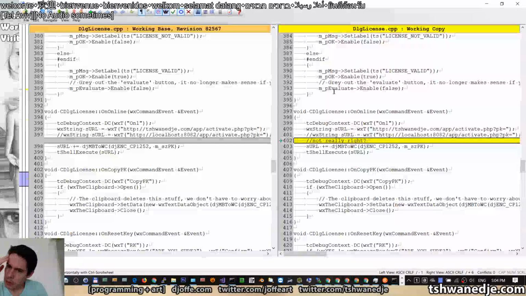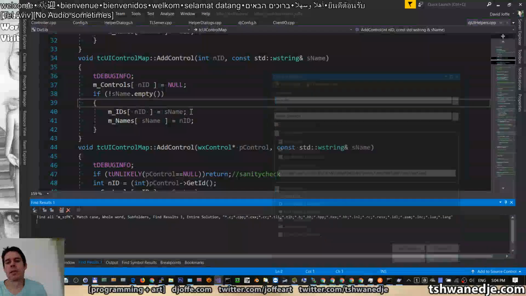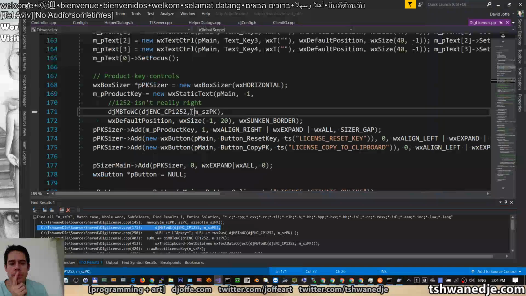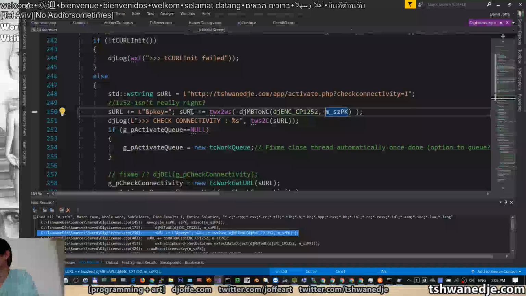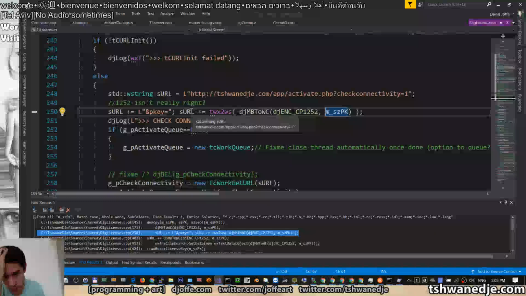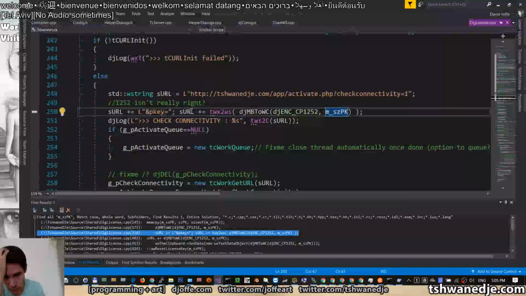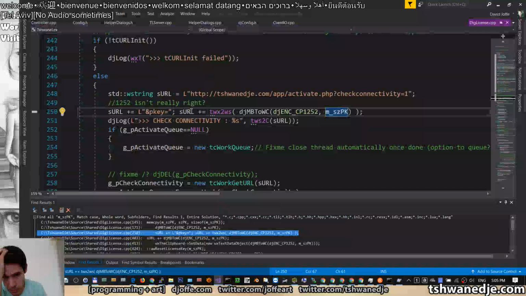Multibyte to MZPEK. Why isn't that right? That's not necessarily wrong. It's not wrong as long as we know what we're talking about. So you have a string that's, what happens if someone types the Unicode characters into the activation dialog? What's going to happen here is that